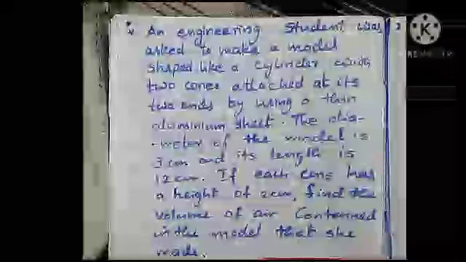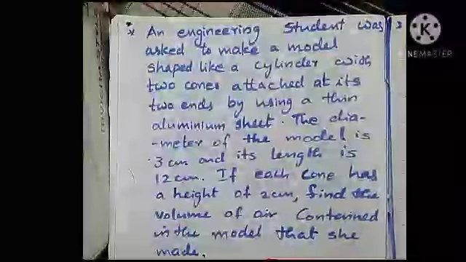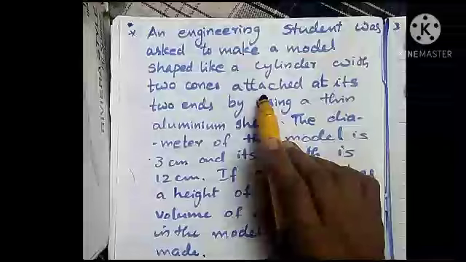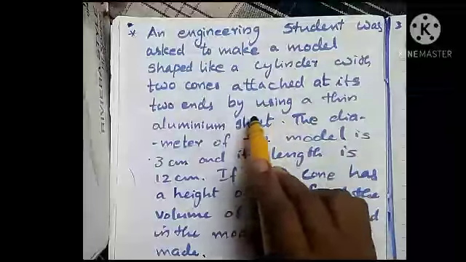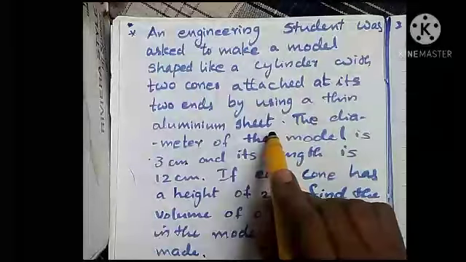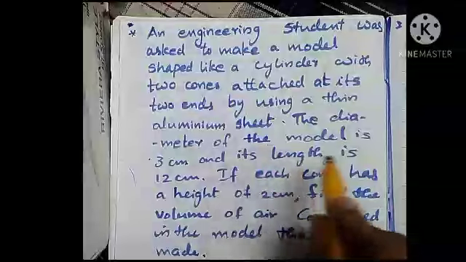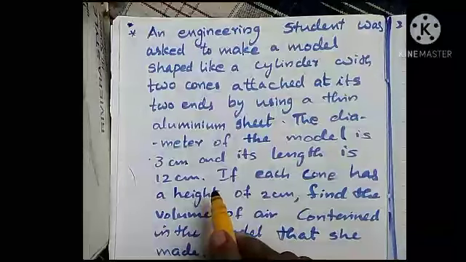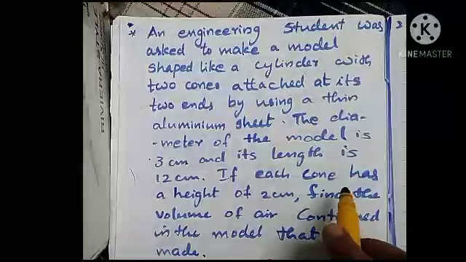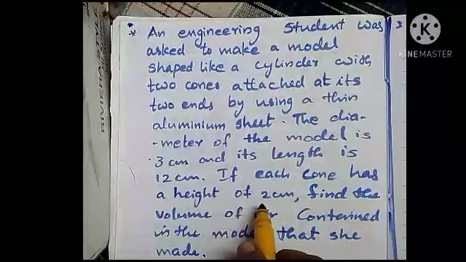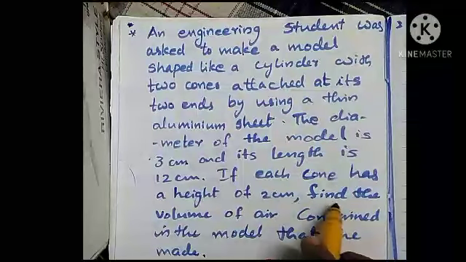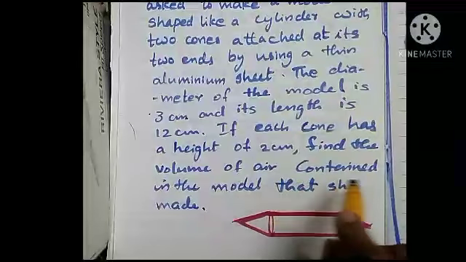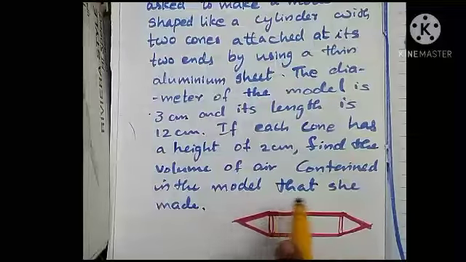An engineering student was asked to make a model shaped like a cylinder with two cones attached at its two ends by using a thin aluminum sheet. The diameter of the model is 3 centimeters and its length is 12 centimeters. If each cone has a height of 2 centimeters, find the volume of air contained in the model that she